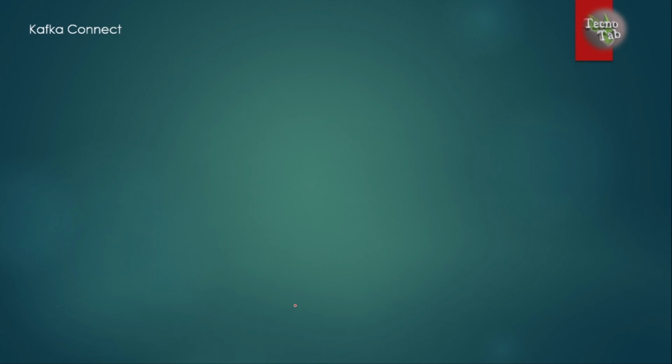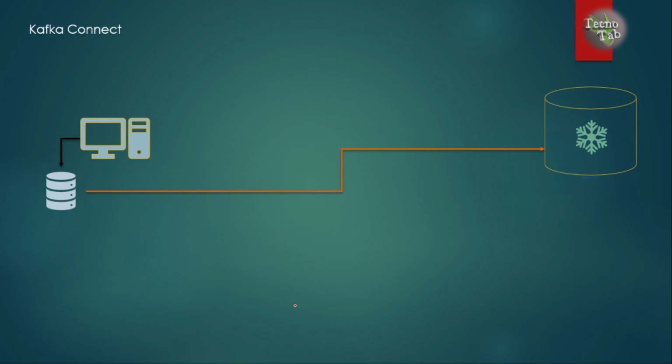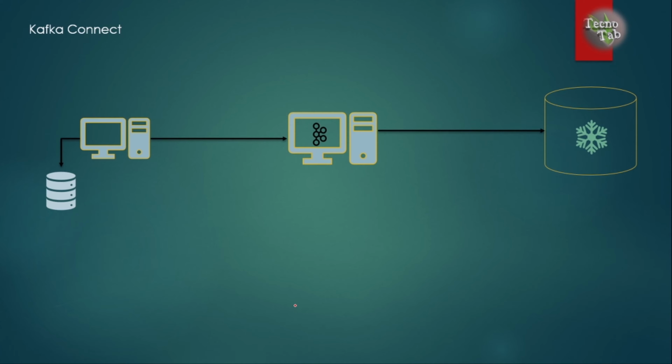Have a look at this example here. Let's assume that we have an invoicing application that is connecting to a backend database. Now we have a requirement to move this data from this database to a Snowflake data warehouse. We look for many options in the market and we finally agree on a Kafka cluster that will be very good for this purpose. Your Kafka cluster will collect the data from the source system and push it to the target system, right? And bringing this data will be a one-time activity. Once you have the data in the Kafka cluster, you can easily move it to the Snowflake data warehouse.